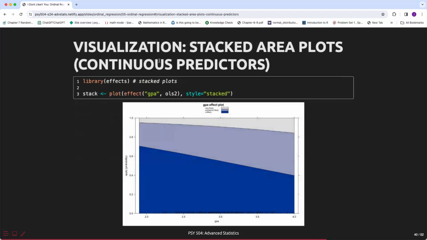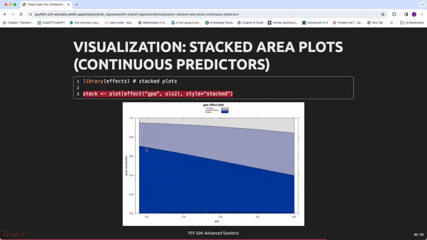So there's lots of different ways that we can visualize ordinal variables. So this is one way we can visualize continuous predictors. This is with a stacked area plot that I kind of like. So this is kind of ugly, but I wanted to highlight this effects package. So with one line of code, you can create something quick and dirty like this. And I think that this is a nice way to visualize these type of effects, right? Where you can kind of see that lower GPA